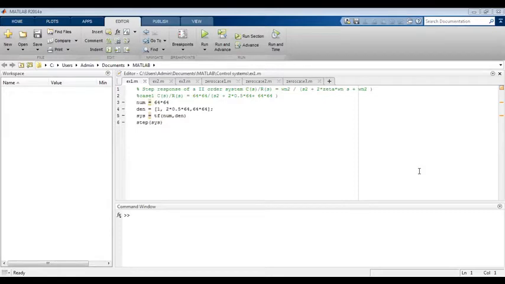Okay, so the corresponding coefficient is 2 into 0.5 into 64, comma, and the next, last term is 64 into 64, that is omega n square, into s to the power 0. S to the power 0 means 1. You have to enter the coefficients till the one corresponding to s to the power 0, all in the decreasing power of s. And this has to be within the square bracket. If you don't give the square bracket, you will get an error.